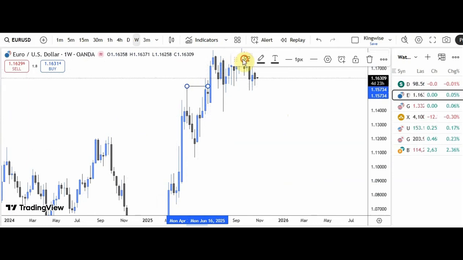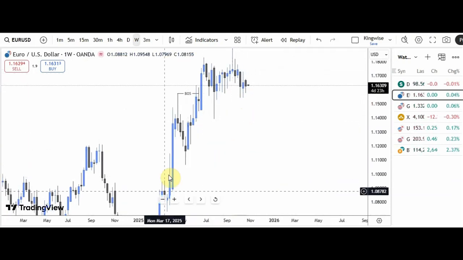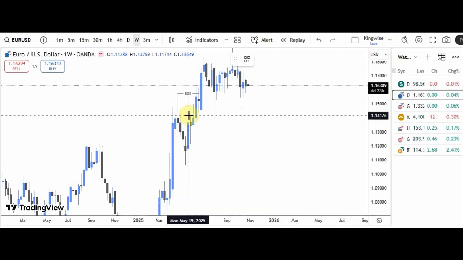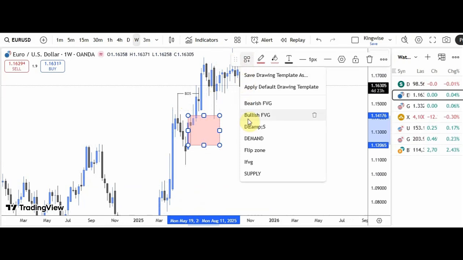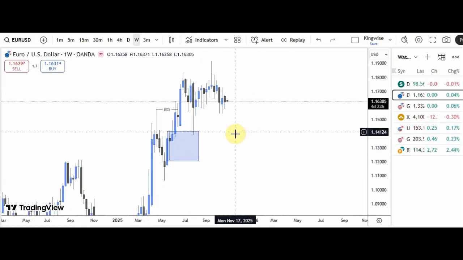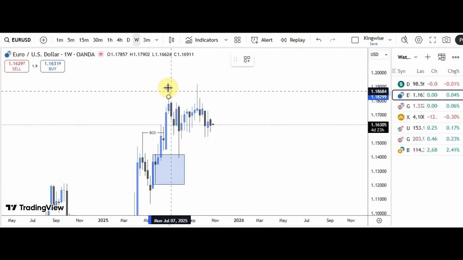So we add this break of structure and price reacted from this doji candlestick